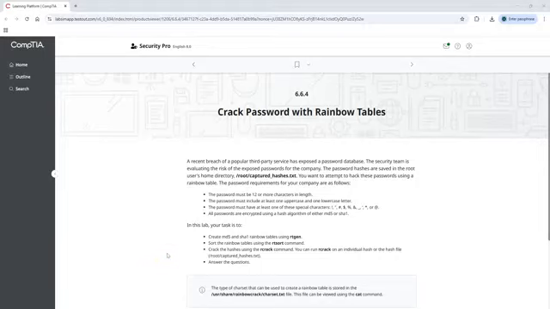All right, students in the 280 class, Security Plus certification material. We ran into this cracking password with rainbow tables exam lab, and